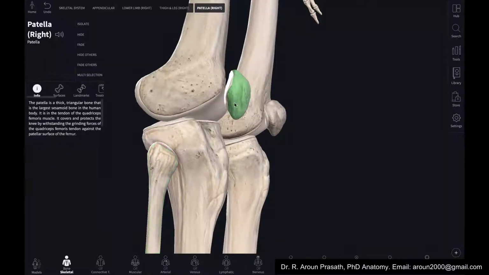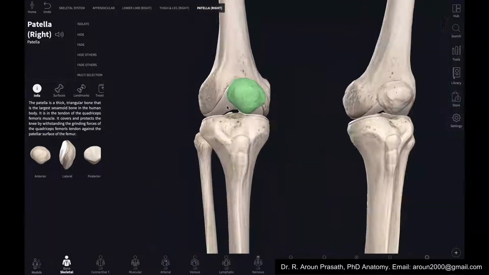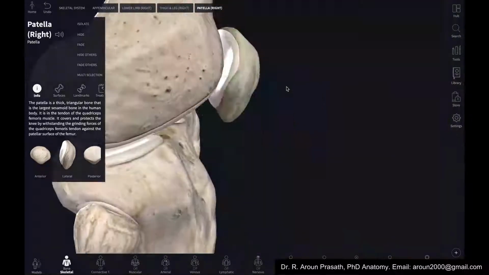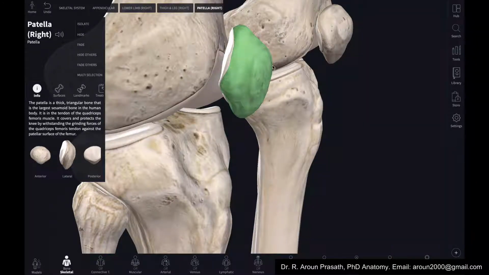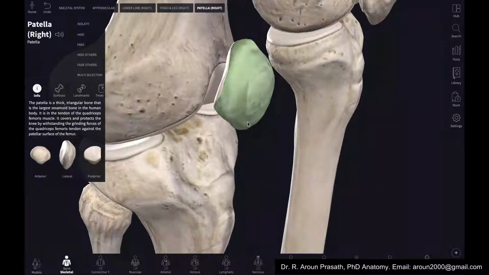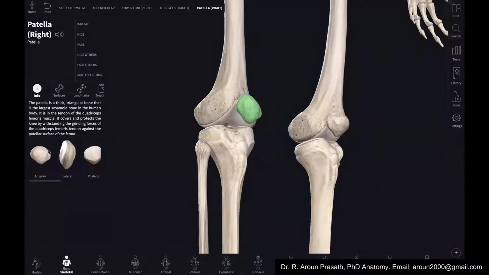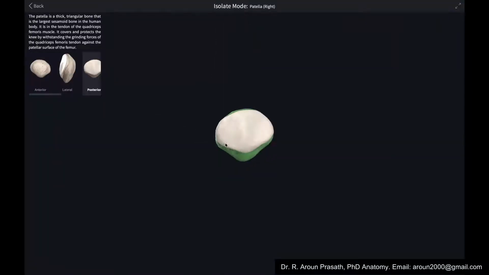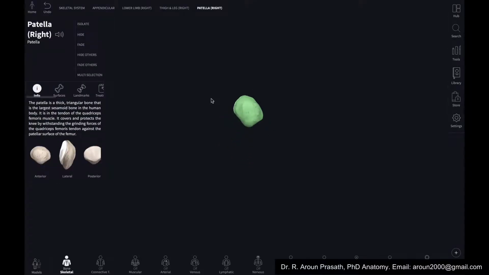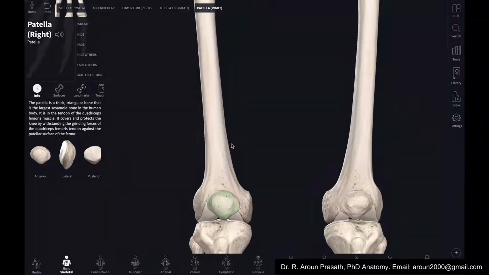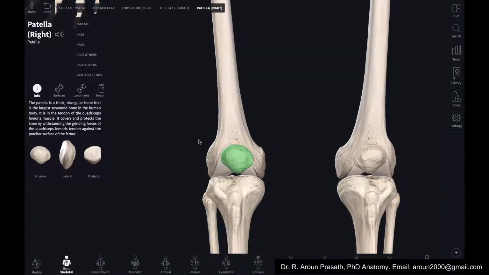Then coming to the other bone, the largest sesamoid bone, that's called the patella. This patella acts like a fulcrum in the knee during extension. I will demonstrate. These are the articulating surfaces. The patellar articulating surface is covered by hyaline articular cartilage, and this is a lateral view and this is an anterior view. As I told you, the patella is engulfed by the quadriceps muscle tendon.